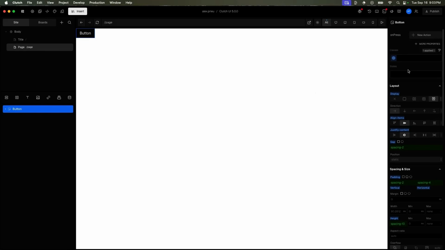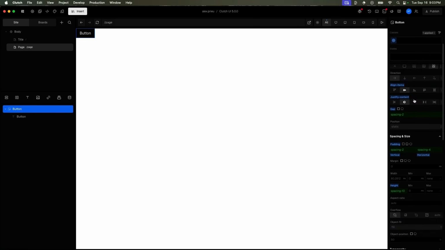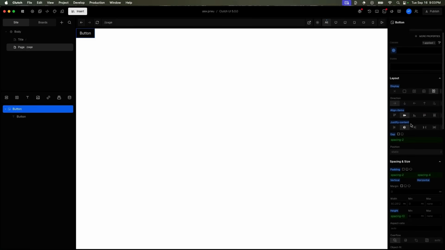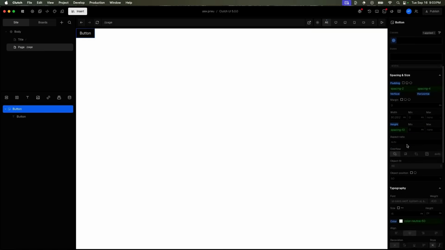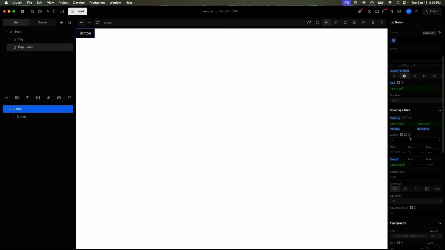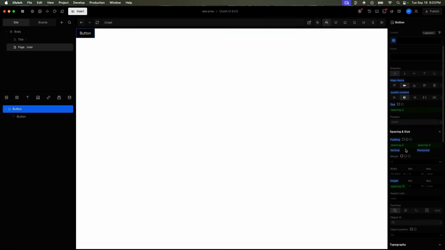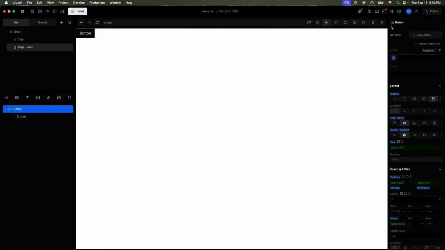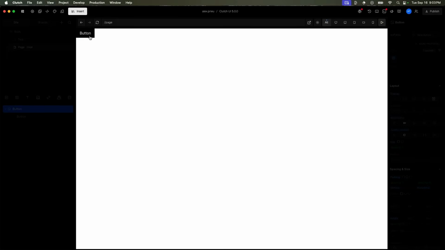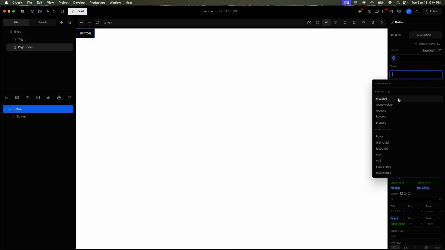Then the next thing is that each component from Clutch UI will be styled. And then what we try and do is we try and give you some minimal styling for a lot of these components. So here, as we scroll through the style panel, we've gone ahead and applied some minimal styling. Now, this button doesn't have any type of hover or press active events or anything. And to do that, each of the components that have some type of like